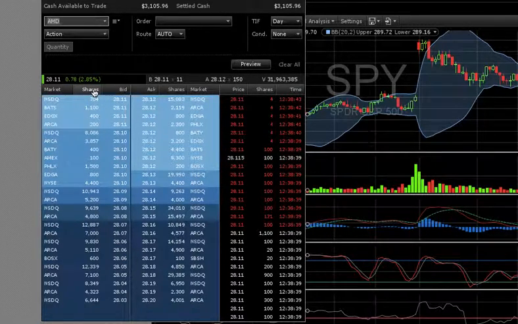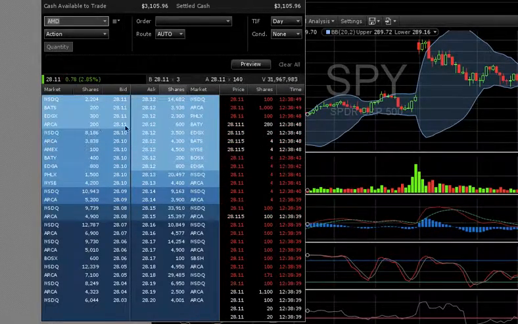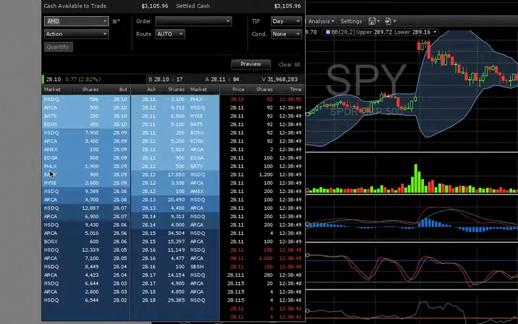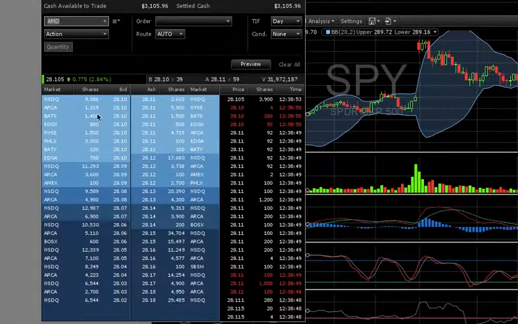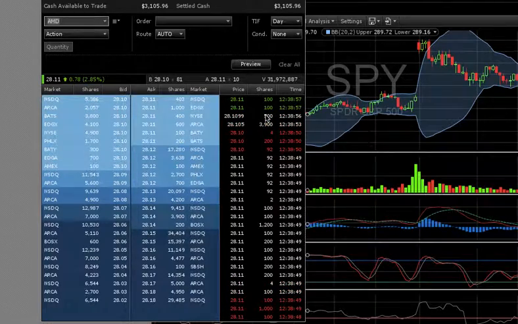And so this of course shows shares, bids of the buy side, asks the sell side, shares, and the market they're on, like where they're trading. That's not necessarily as important as just the shares and the bid and ask. And then if you look